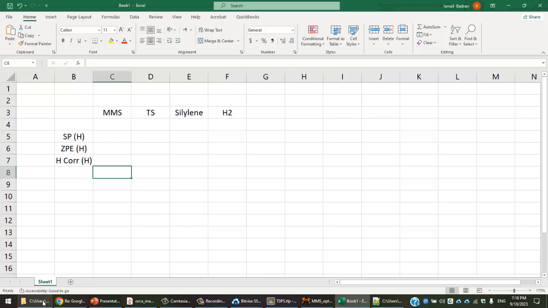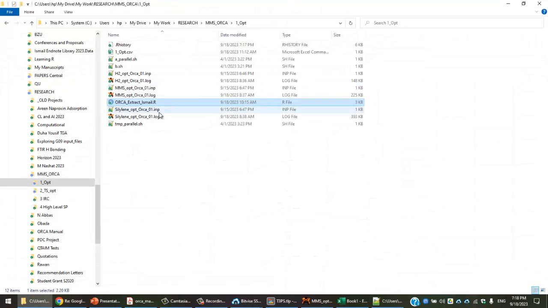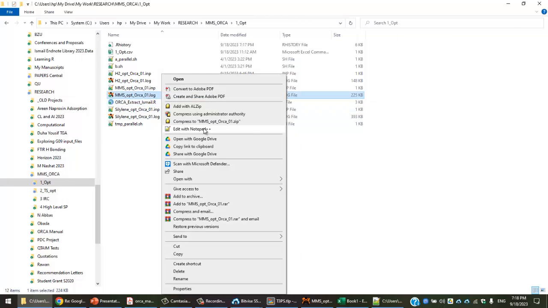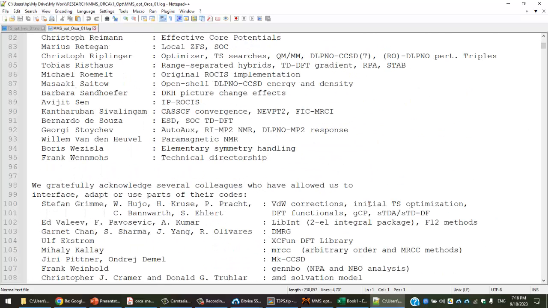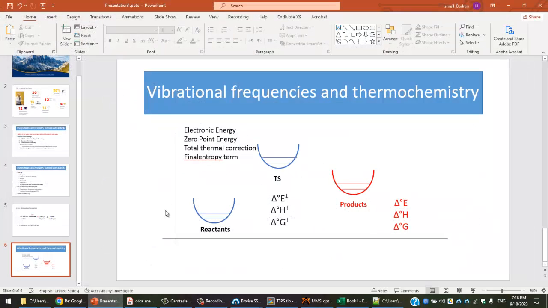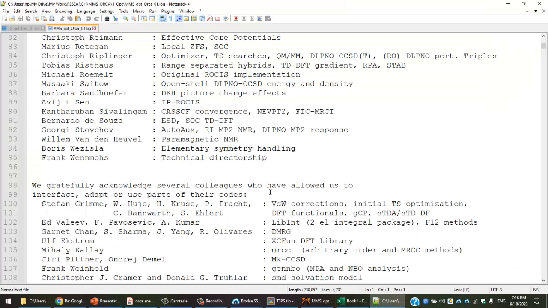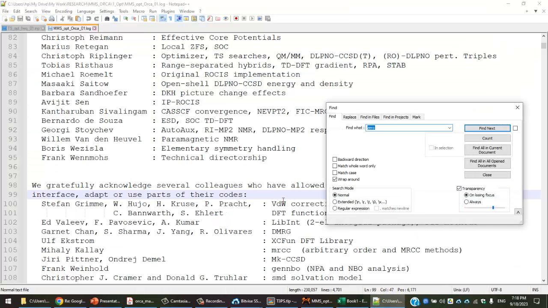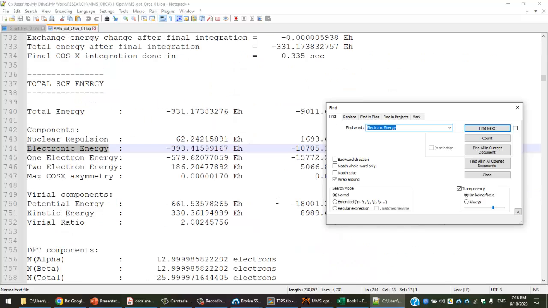Now we need to go to the files. This is the MMS file here. I'm going to open it with Notepad. The log file, of course, is big. So what we're looking at is this. In ORCA, the single point energy is called electronic energy. So if you copy this and go to your file and press Control F to search for this word,